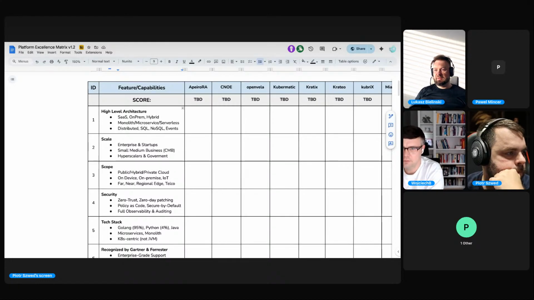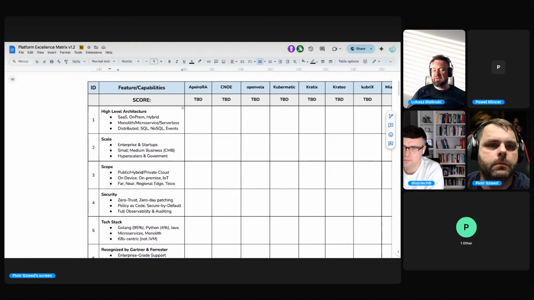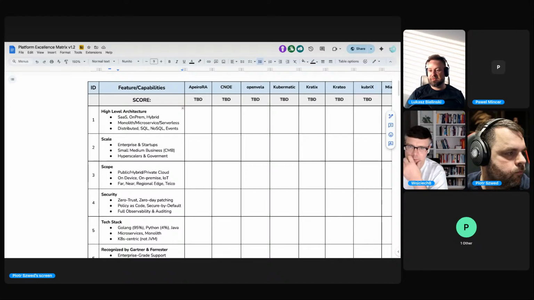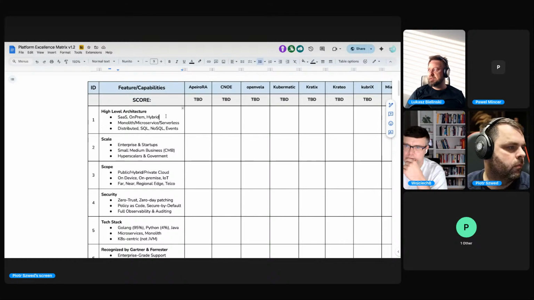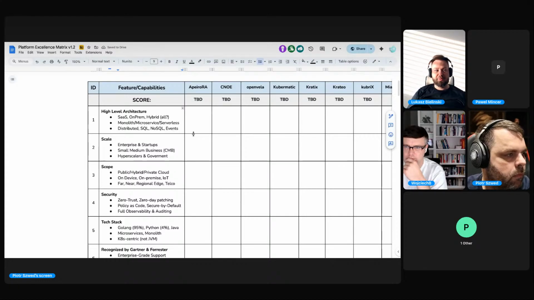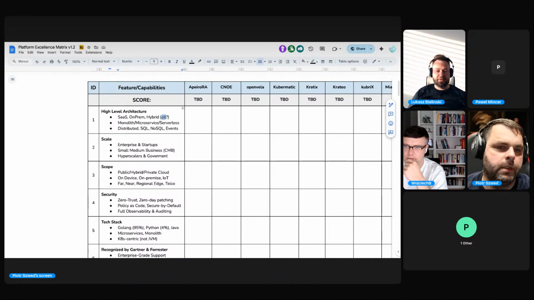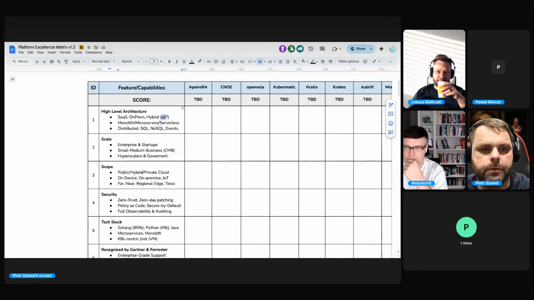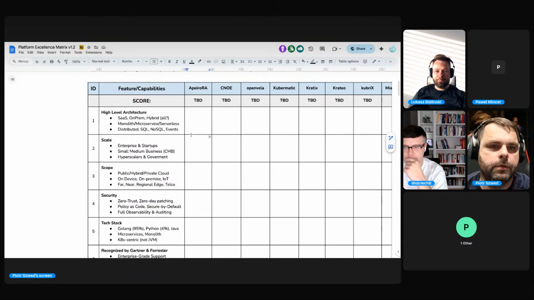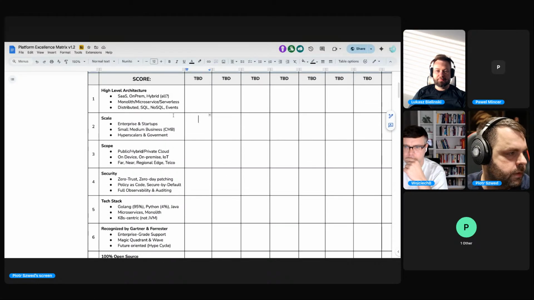Yes, and 2 cents more here: I would not set the border as either on-prem or in the cloud. I would rather put it from the perspective that you can install this whenever you want. Even if it will be used only internally, you still should have the possibility to deploy this on top of some cloud. So it should support all the possible scenarios, because some companies may want to use SaaS, some may want to use hybrid. So only SaaS or only on-prem is not enough. Okay, so I believe this closes the first one.